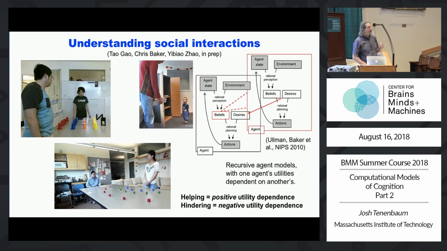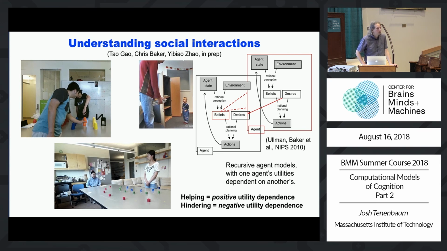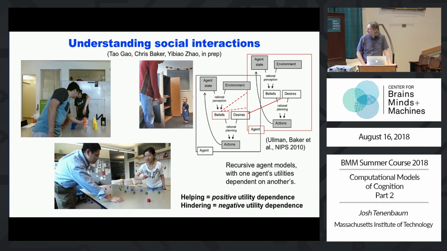Okay, we can extend these models to what we call sometimes in AI a multi-agent setting, or more of a social setting, where now there's two agents acting and we want to interpret both of them, like the chasing and fleeing or the Wernicke-Tomasello scene. So what makes this scene here look like one person has a goal and another person is trying to help them achieve the goal? Or what makes this scene here look not like helping, but like the opposite, right?